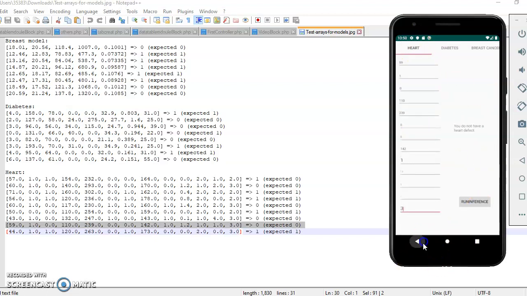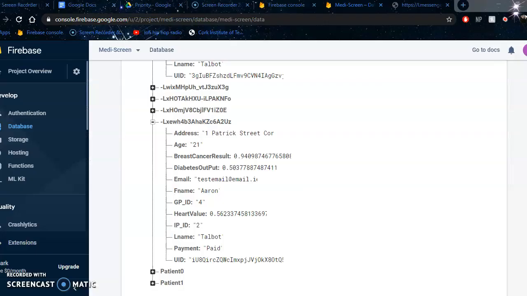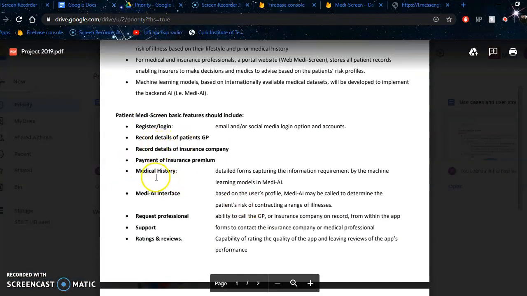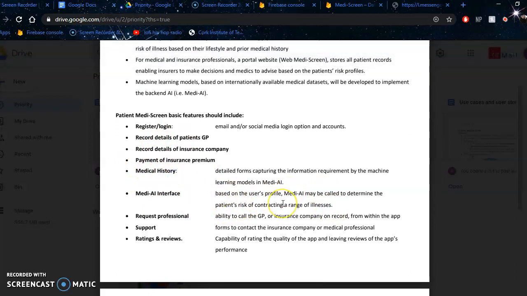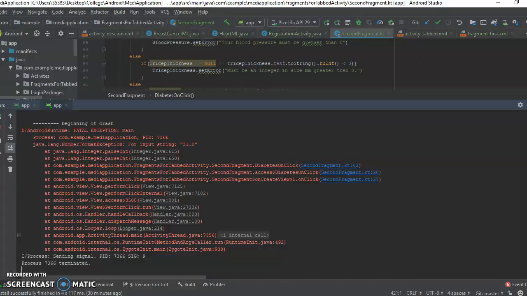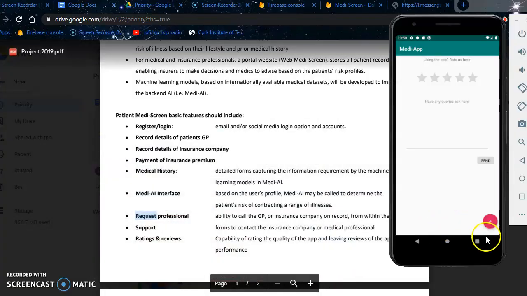So if I were to go back, run here, back to here. So that's medical history and medical AI interface. That's the checking to see if you have or you haven't a heart defect or breast cancer defect or a diabetes defect. So then request professional, I have a contact us page here. If I open,